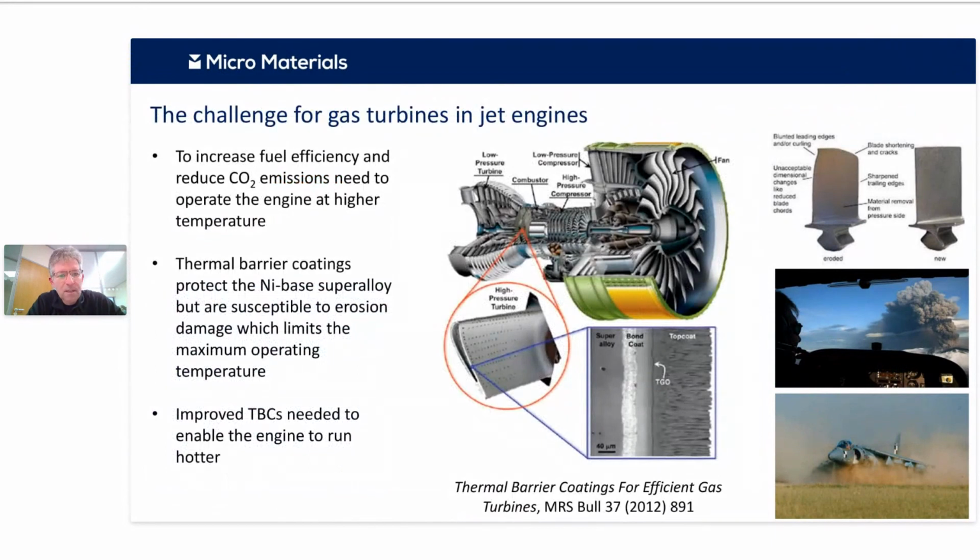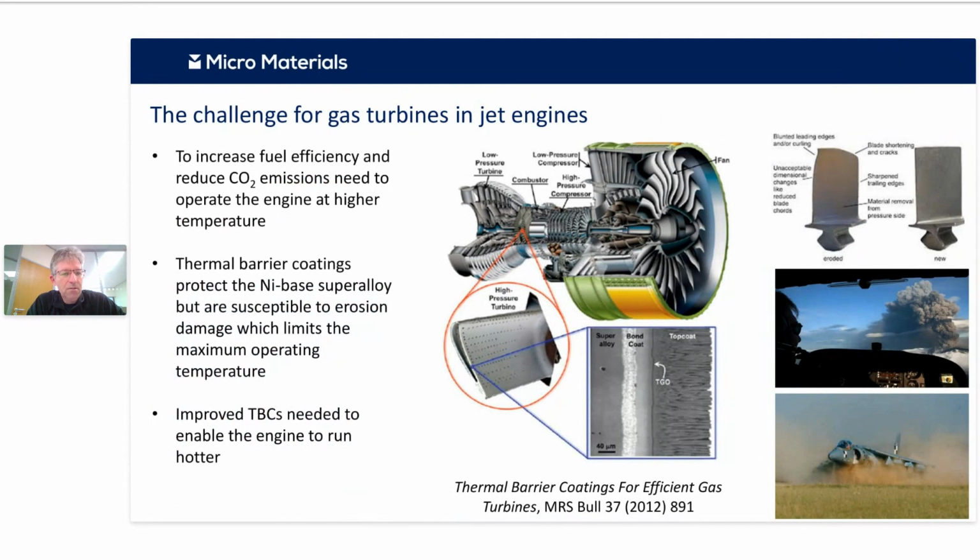So if we continue to focus on that application, then the challenge for productivity and towards net zero in gas turbine jet engines is to run them hotter. As these are Carnot systems, you get more efficient use of fuel, and you reduce CO2 emissions just by running hotter. But the challenge is that this is a very demanding